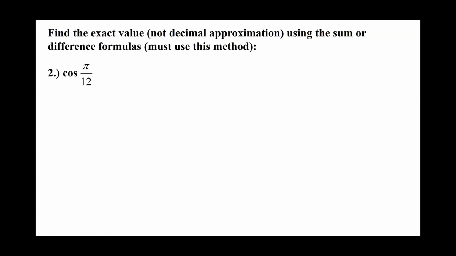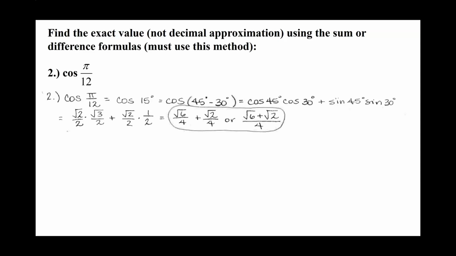All right, for the next one, cosine pi over 12, the first thing I would do is rewrite pi over 12 with degrees instead of radians. So remember that we can take 180 and divide it by 12, and that gives us 15. So I'm looking for the cosine of 15. And again, if I can use values from the first quadrant, I would prefer that. So I could do the cosine of 45 minus 30, or 60 minus 45, or 135 minus 120. I mean, there are lots of different options, but using the smallest values I could from the first quadrant,